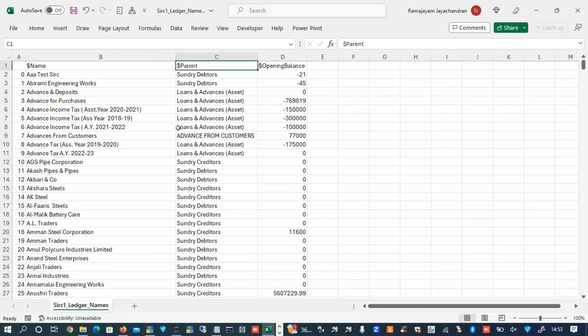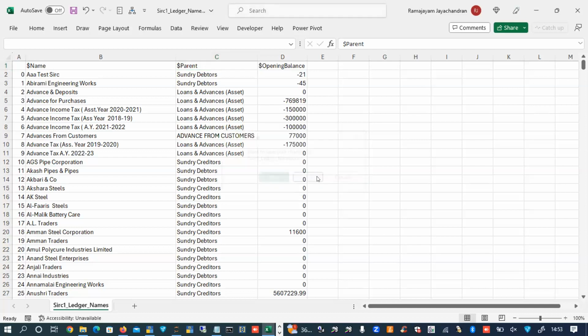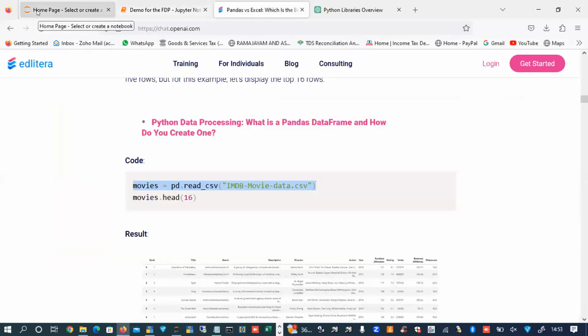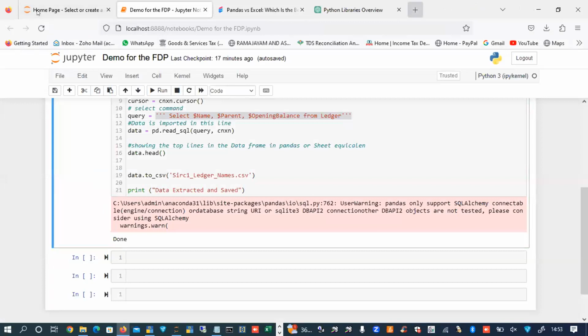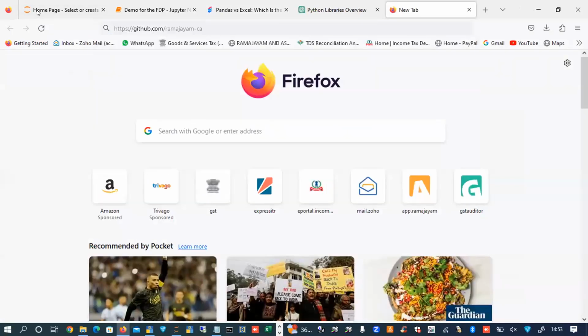Yes, Prasanna Kumar sir, you are right. We used a calculator panel yesterday to decide this. Now I'm using Python to take similar information. So I'm going to close this. Don't save. I'll go to the GitHub page. Yesterday we were working on taking the forensics information from a ledger and voucher data, from where it is taken.